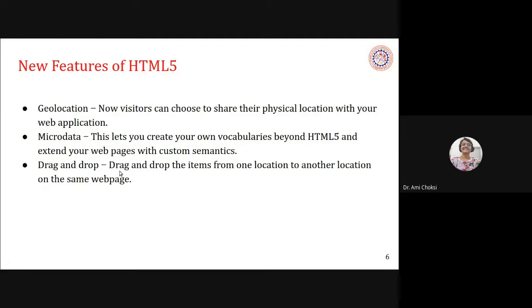Drag and drop: drag and drop the items from one location to another location on the same web page. So these are the new features of HTML5, or we can say the differences between HTML4 and HTML5.